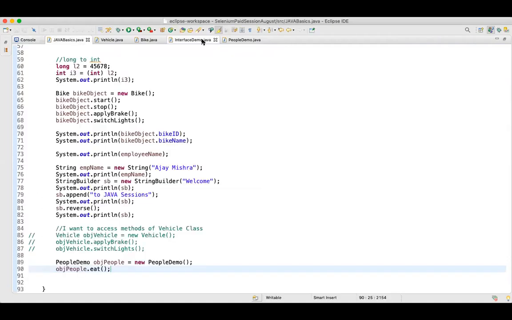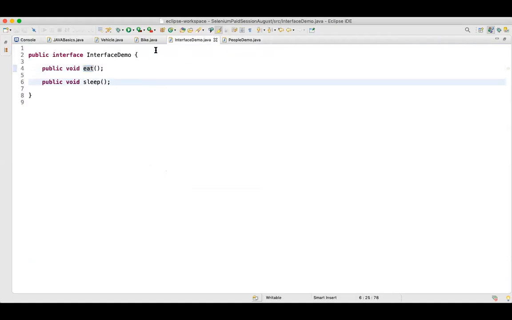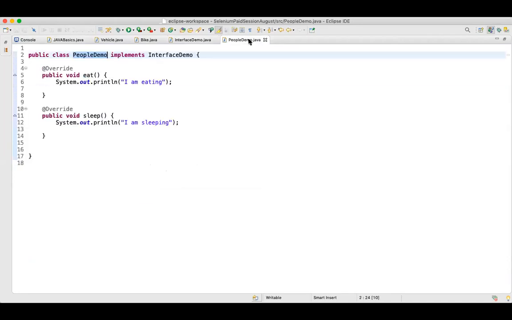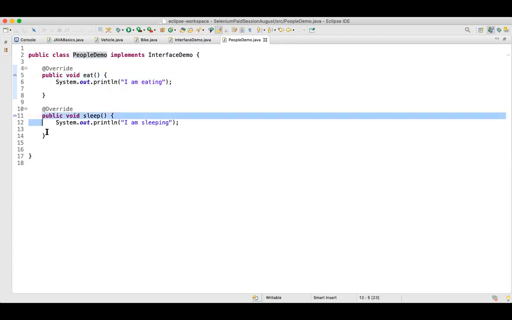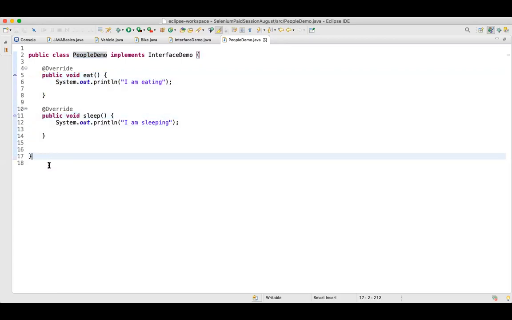So what we have done is, let's imagine we have this one class that is people demo. Let's imagine there are 10 classes, and in all those 10 classes, I want to have this method eat and this method sleep. So you would have to create those methods in all 10 classes, right?